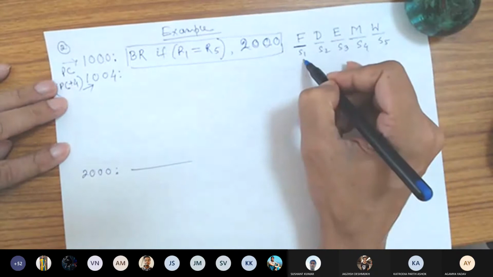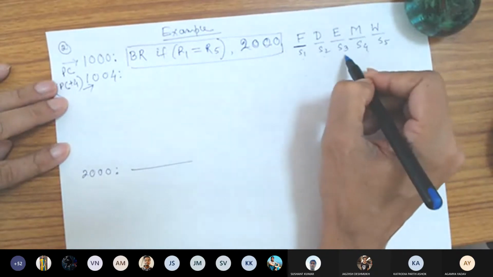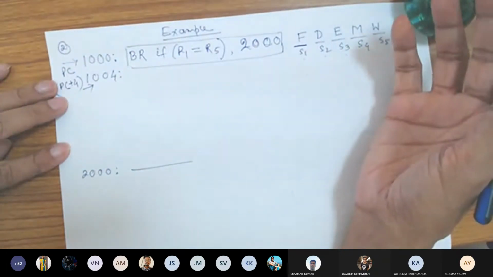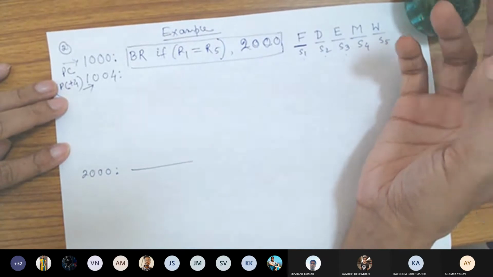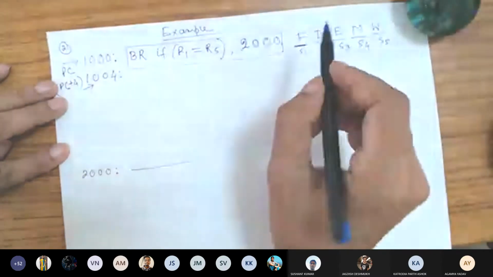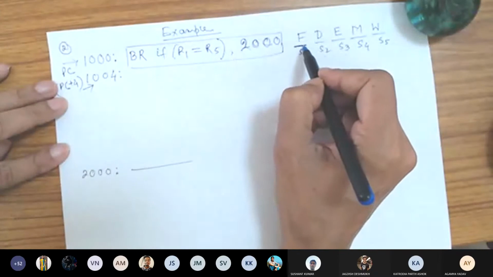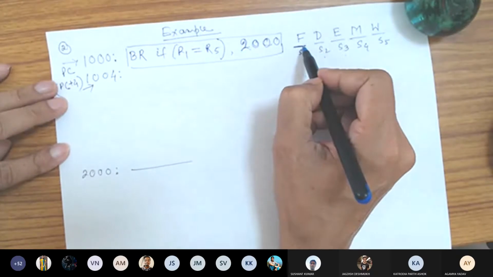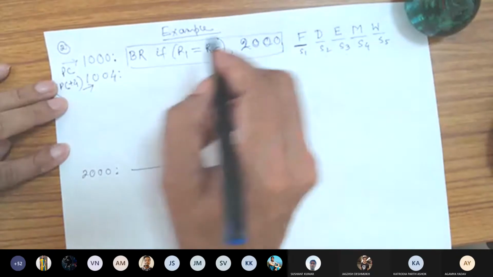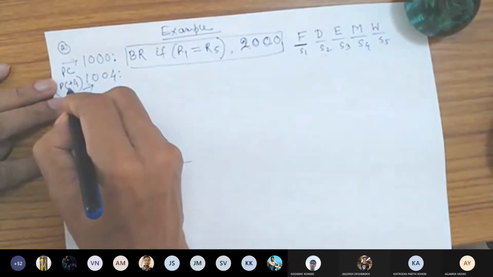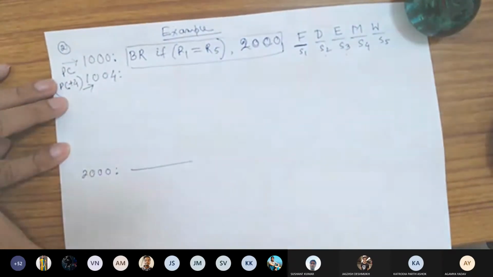Not in the S1 stage. You may be knowing it during S2 or S3 depending on where the calculation is done. So once this fetch is over, at the end of the fetch, the program counter automatically gets incremented to PC equals PC plus 4.